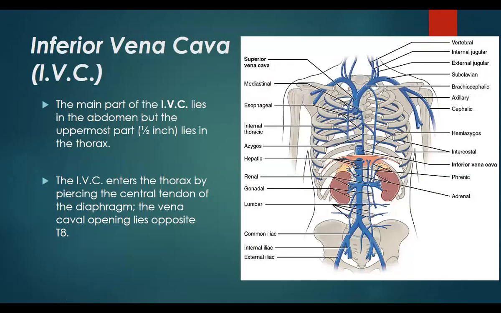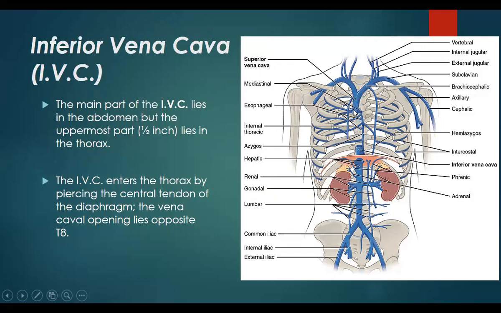Now coming to the inferior vena cava, as I said, the inferior vena cava will be present in the abdomen. This is the inferior vena cava. Most of the major part of the inferior vena cava will be present in the abdomen. But in this lecture, we are just dealing with that part of the inferior vena cava which is present in the thoracic region. So this is the inferior vena cava, a very short part. As soon as it enters the thoracic region, it opens into the right atrium and ends there.